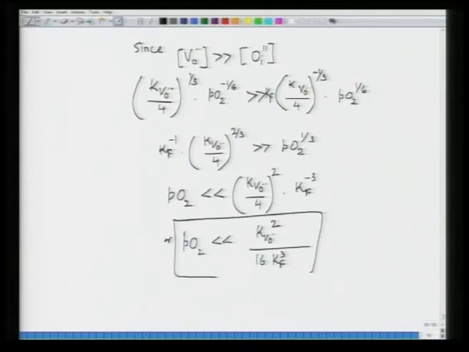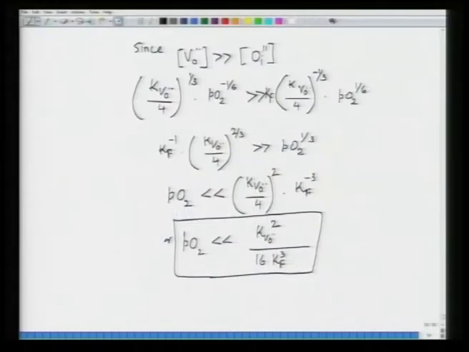So, this is the partial pressure of oxygen, which is smaller than this particular ratio. At these pressures, your condition VO much larger than OI is going to be valid. So, this is the first limiting condition. Okay. Now, to work out the second limiting condition, let us take high PO2,